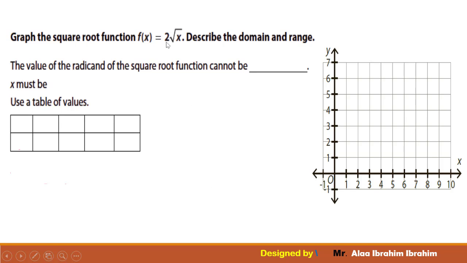Now we take this again, forget the 2, 2 is not important, we deal with the square root here. So I have to make it can't be what? Yes, negative. And now this is supposed to be, or must be, greater than or equal to 0. This is x and y, bigger than or equal 0, so I have to put 0 and anything bigger than 0, like 1, 2, 4, but we didn't square it, so 1, 4, 9 would be good to give you